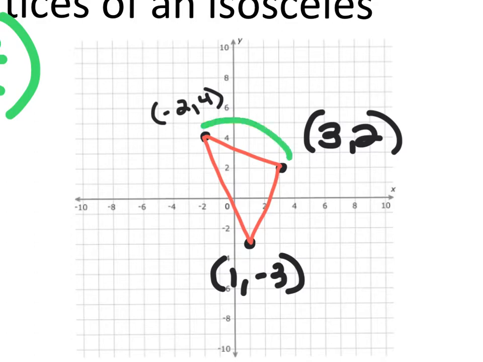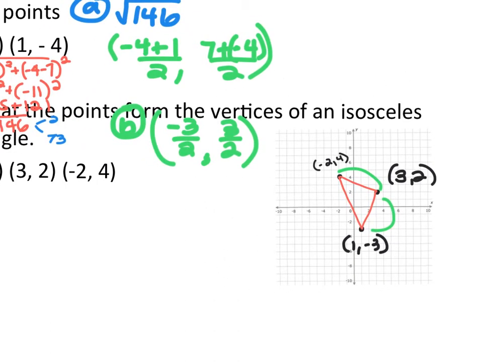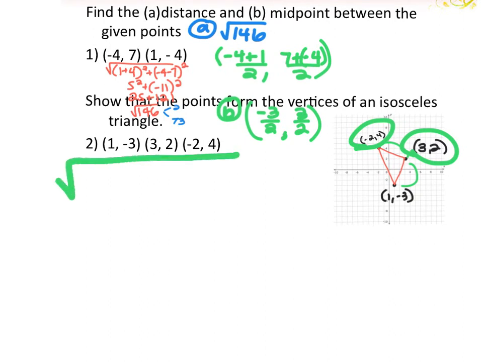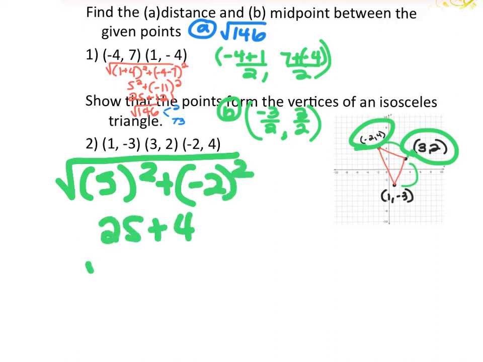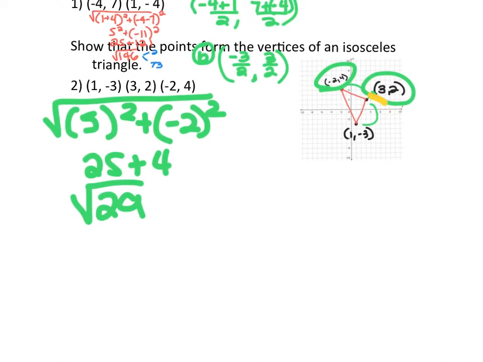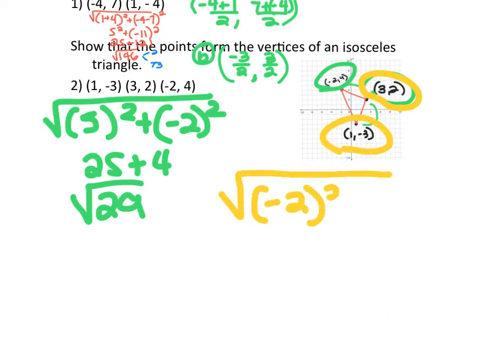So I'm going to say that these two here are the ones that look like they're probably the same. So the first ones I'm going to use are negative 2 and 4 and 3 and 2. I'm going to do the distance formula there. So 3 minus a negative 2 becomes 5. And 2 minus 4 becomes negative 2. And I get 25 plus 4, square root 29. And then I'm going to do 3, 2, and 1, negative 3. So 1 minus 3 is negative 2 squared, plus negative 3 minus 2 is negative 5 squared, 4 plus 25,